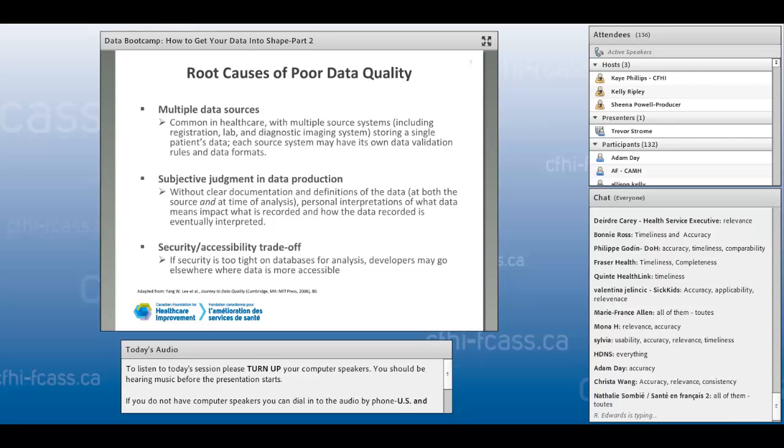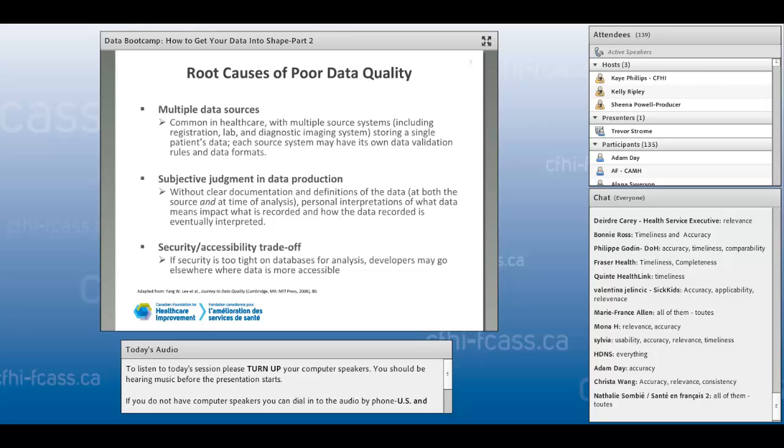And what we find sometimes is without clear documentation and without clear definitions of the data, so that both at the source or when people are entering information, if they don't understand what it is they're really entering or what they're trying to capture, as well as at the time of analysis, we may see that personal interpretations of that data may come into play